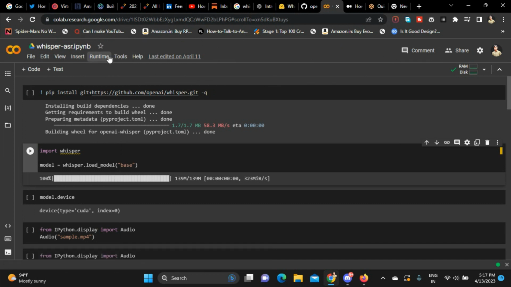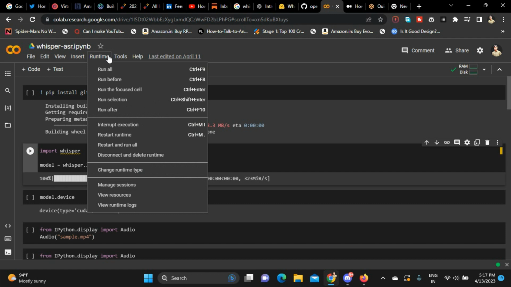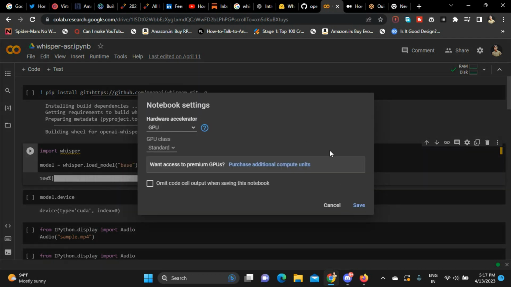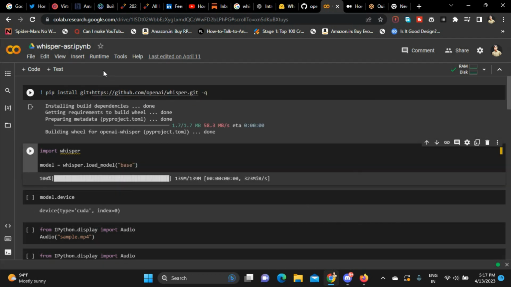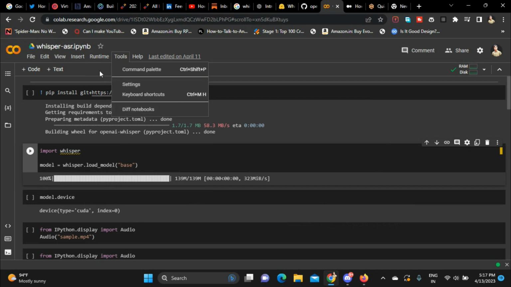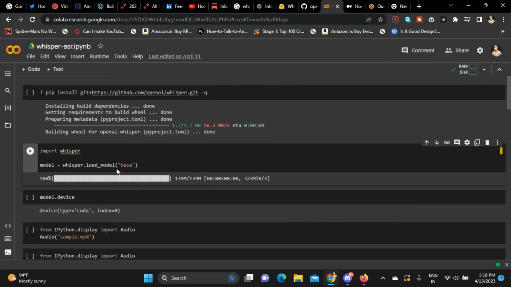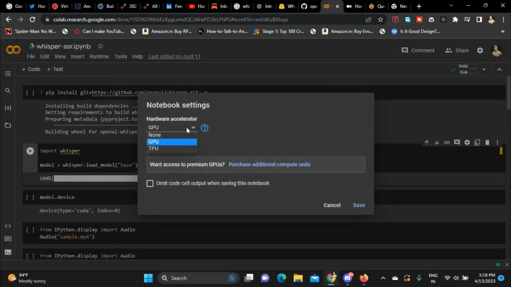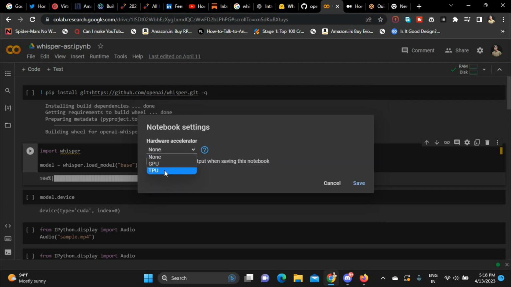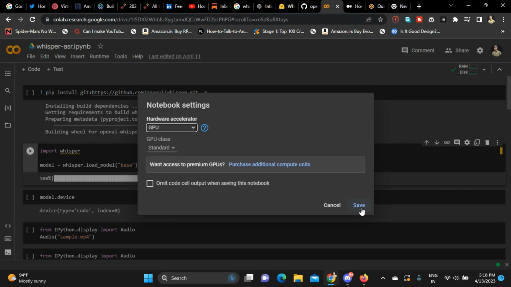So basically we will be using the runtime of Google Colab machine. We'll be using the GPU, the free GPU provided by Google. So what you have to do is go to runtime and click on change runtime type, and by default it is none. You have to click on GPU and then click on save,